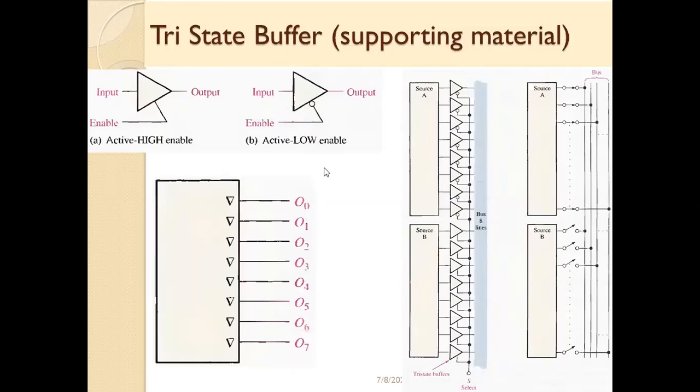Now, when you use any IC and in the IC this triangle is given, then it means those outputs or those input output lanes are connected inside with the tri-state buffer. So here those lines show that they are connected with some sort of tri-state buffer, either active low or active high tri-state buffer, but it is connected with the tri-state buffer. Now, what is the advantage of using